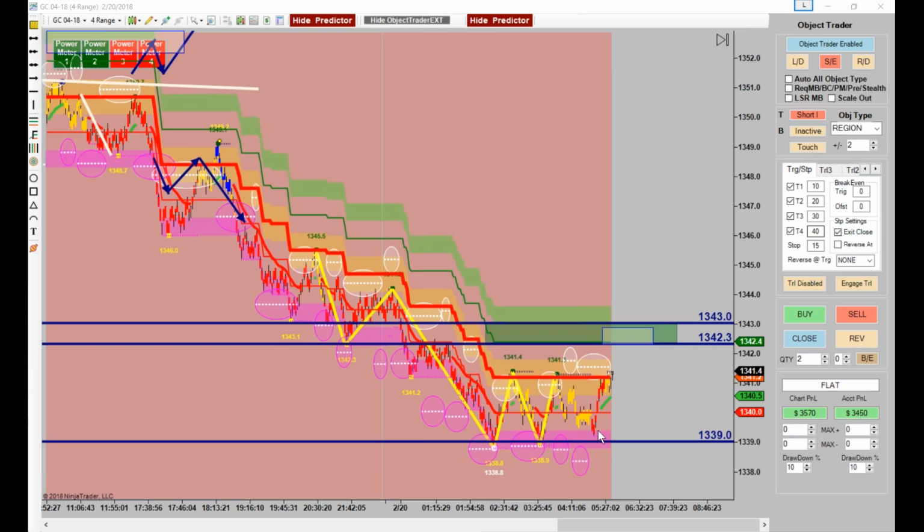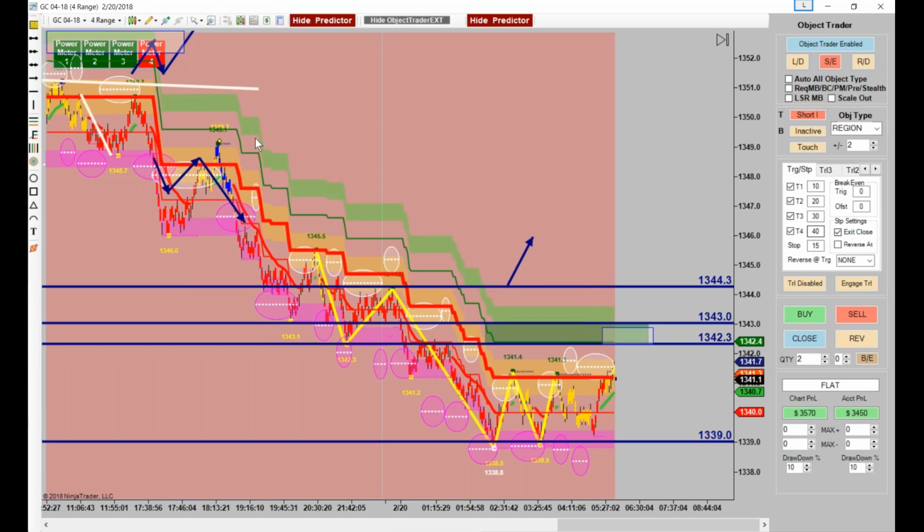If it breaks micro, which it's already doing, see how you got a higher low right there? This has not changed trends yet, though. Trend change would take what, everyone? You'd have to take out this swing right here, like so. You would have to then break to the upside, come back and kiss, and then head up, right? Because that's your identified swing. High, low, lower high, lower low. Lower high, higher low. Lower high, higher low.